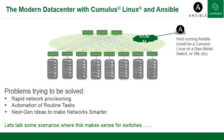Ansible modules can act on all or just a few switches at once. And these modules are open source and they're available on GitHub. Unlike most tool sets, all these supported modules are actually available when Ansible is installed, so you can learn a lot more about a module by just executing the Ansible CLI on it. And here, the host running Ansible could be a Cumulus Linux running on a bare metal switch or on a